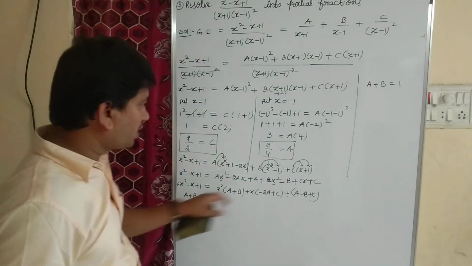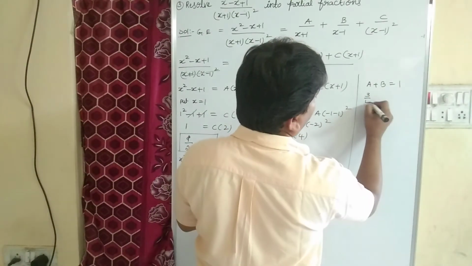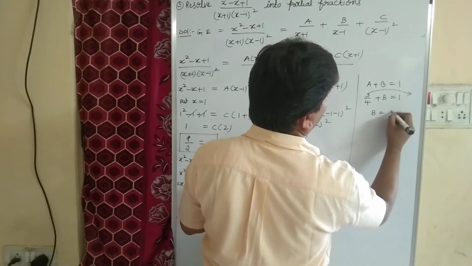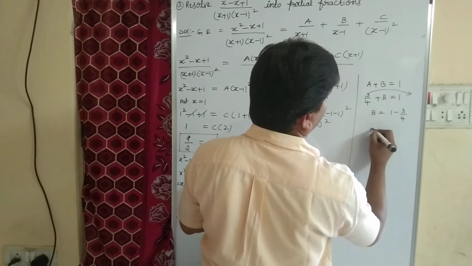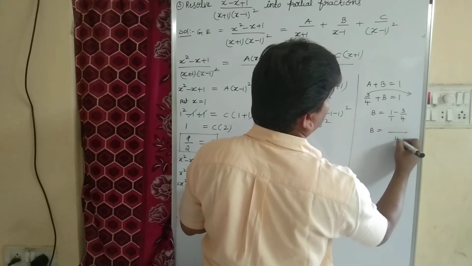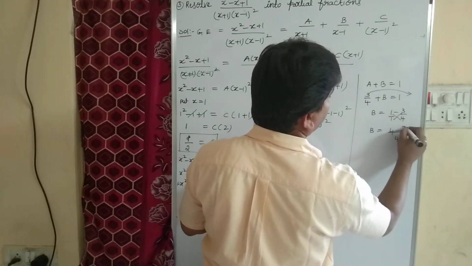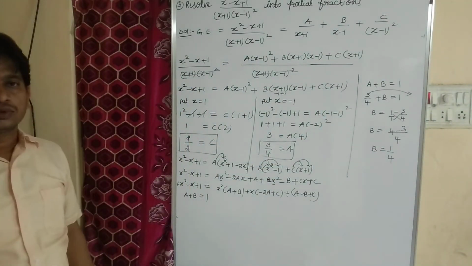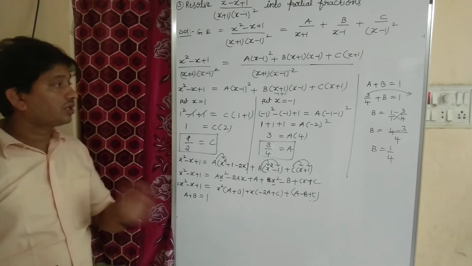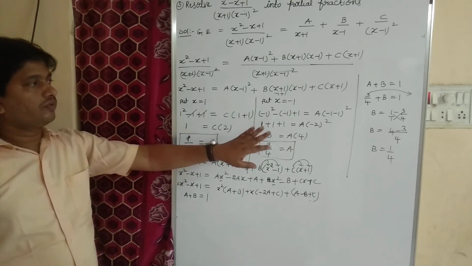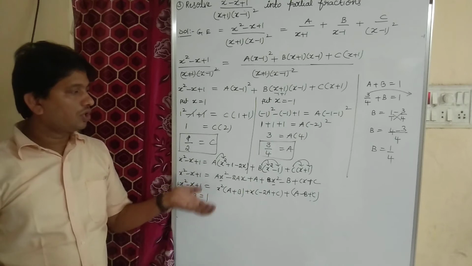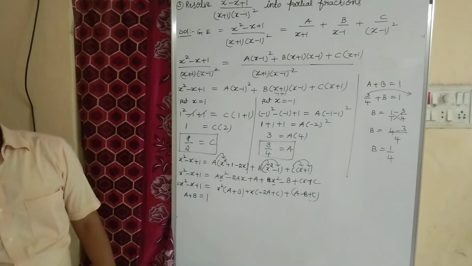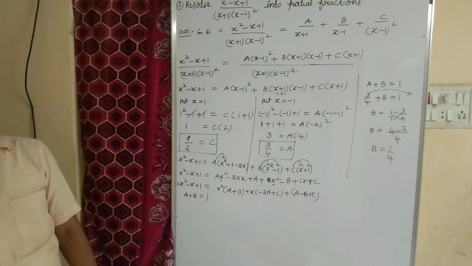As we got the value of a is 3 by 4, 3 by 4 plus b equals 1. Transpose, b equals 1 minus 3 by 4. So b equals, nothing in the sense, 1, 4 ones are 4, minus 3, so b value how much? 1 by 4. So children, little bit confusion only, but don't confuse. We got the value of a and c, but we don't know how to find the value of b. Then we have to go with this, right? As we got the value of b, how much? B value is 1 by 4, right?